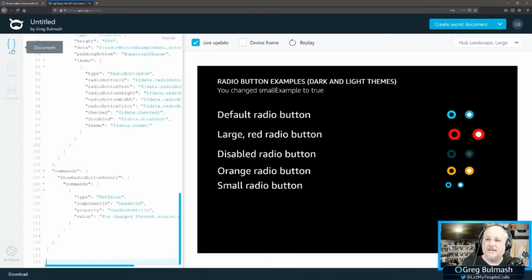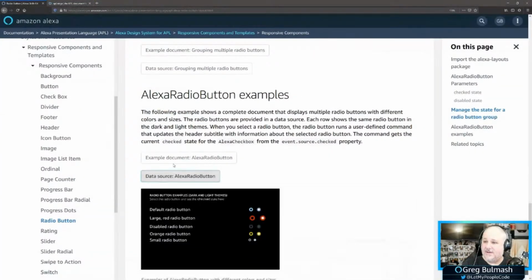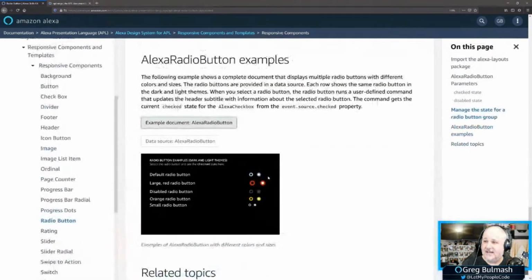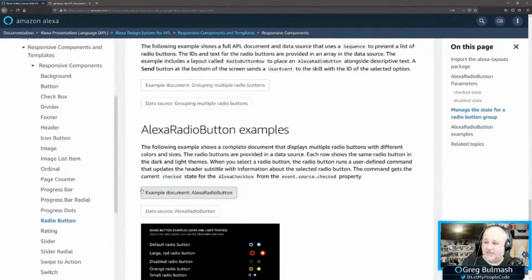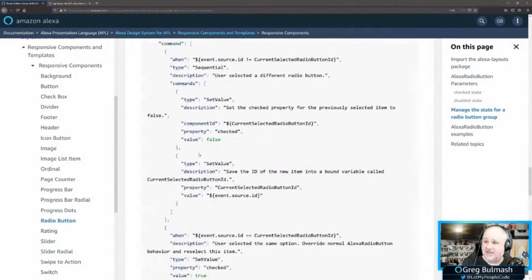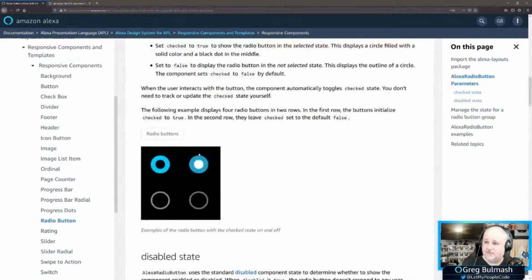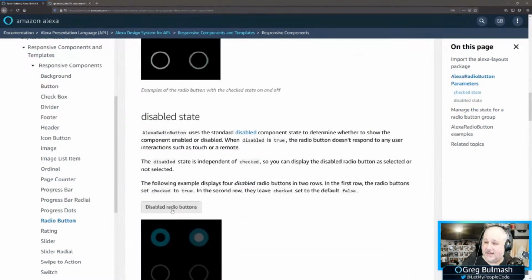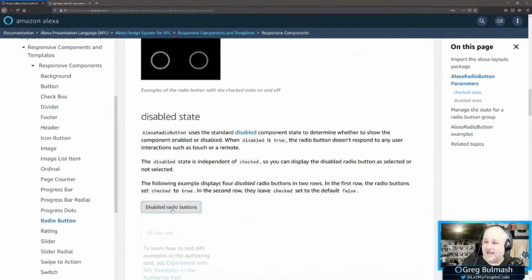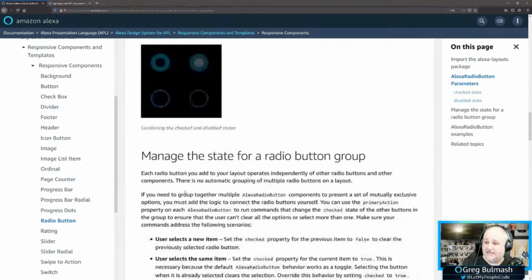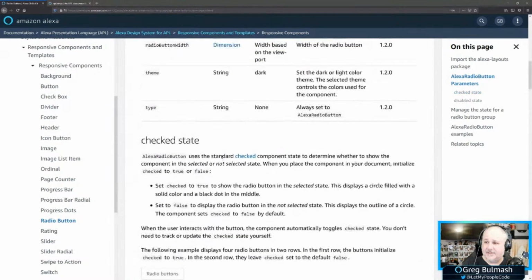Put that back. So I just wanted to show you that we do have a lot more code examples than you might think, but they're behind these radio buttons. And I'm definitely going to see if we can get this made a bit more obvious, that you can click these, because some of these, like here, disabled radio buttons, it's not obvious when you're looking here that you can get that code. So I'm going to talk to somebody about that.